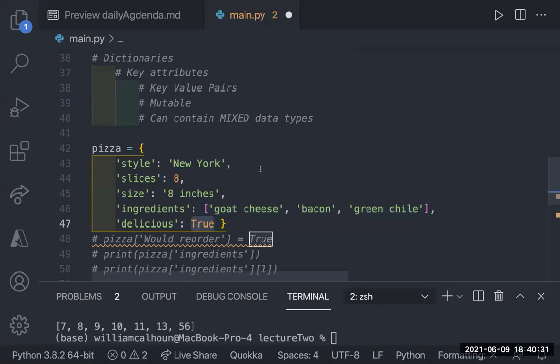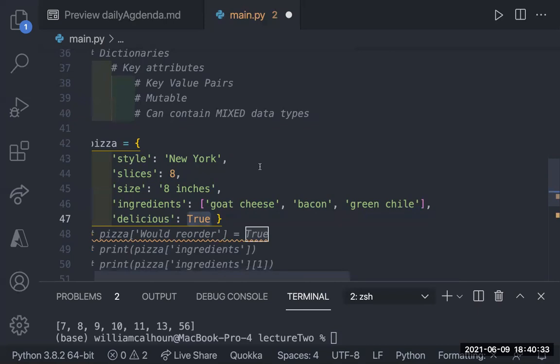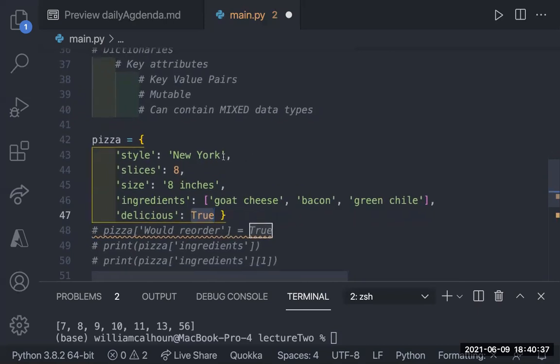Somebody said that this is giving them CSS PTSD. I fully get it, but it does look nicer. And it's a little bit easier to understand once you get to Django, where you're going to have something called context. You'll be wanting to do it this way because it's just much easier to read and it's better code, right?